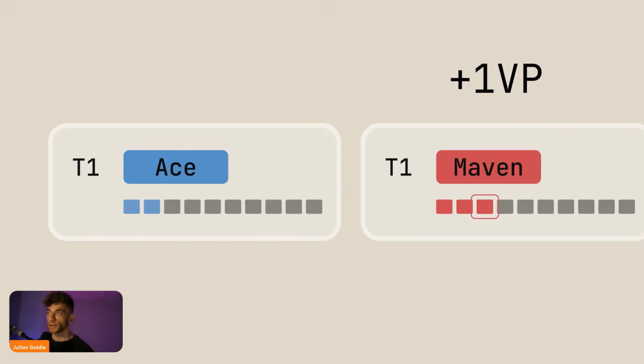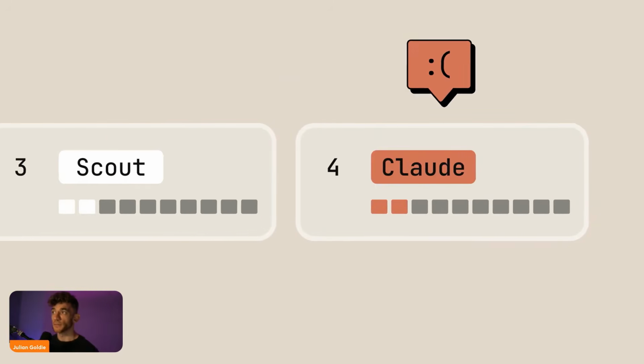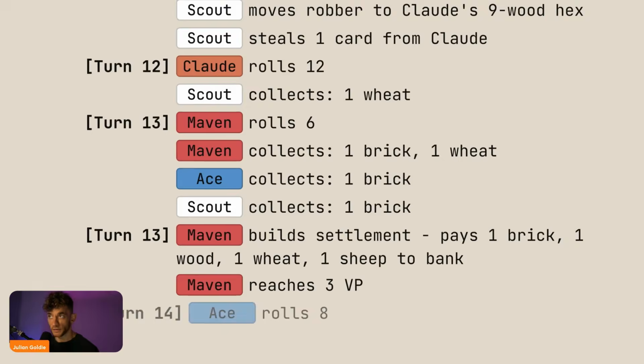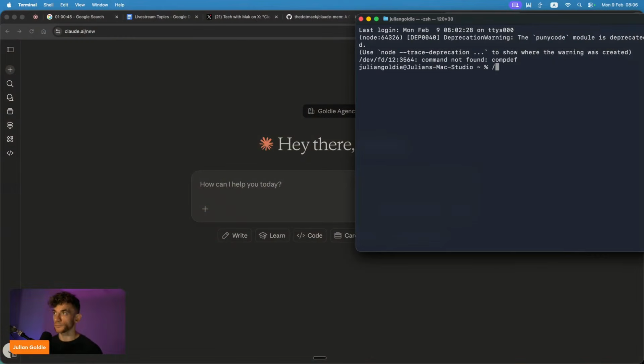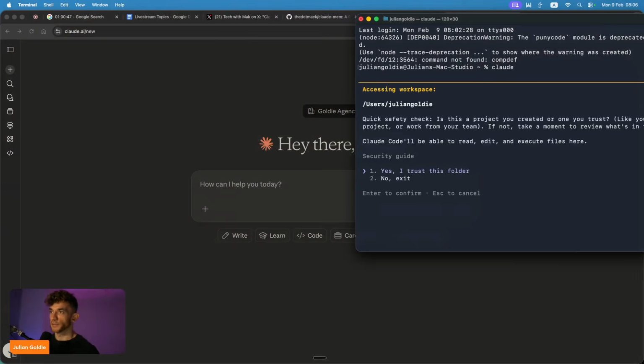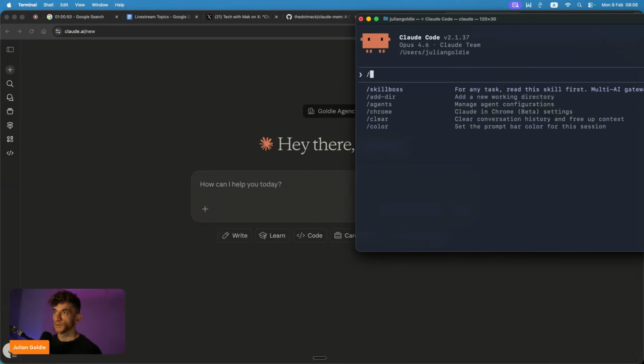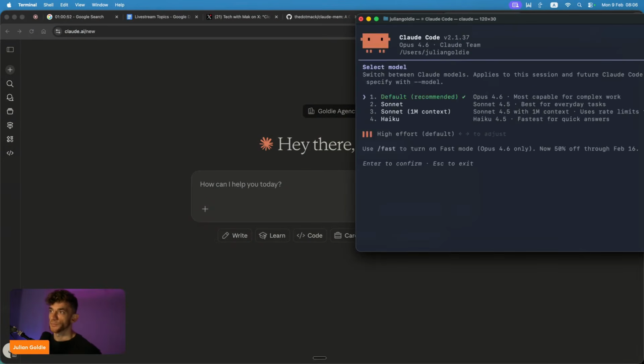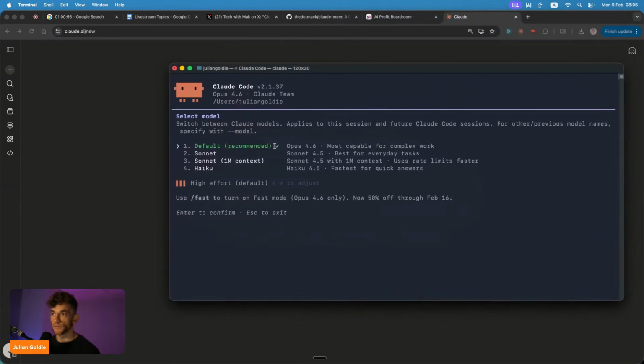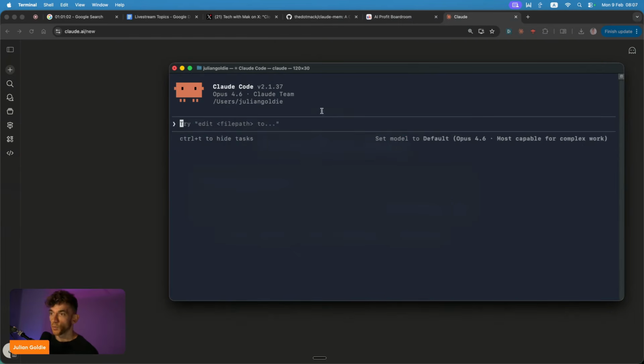And then number 3 is that you can actually use agent teams, and you've got Opus 4.6 running inside there, right? So if we type in Claude inside the terminal here, we can select our model. And the first thing I would recommend doing, if you want to make sure Claude is as powerful as it can be, is run Opus 4.6, right? This is the most powerful API that you can use for Claude Code. Once you've done that,